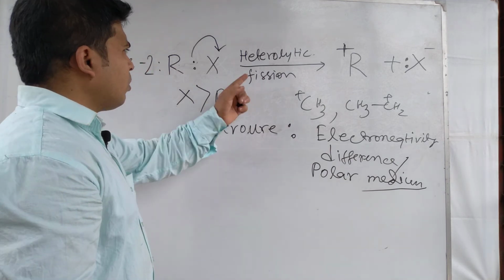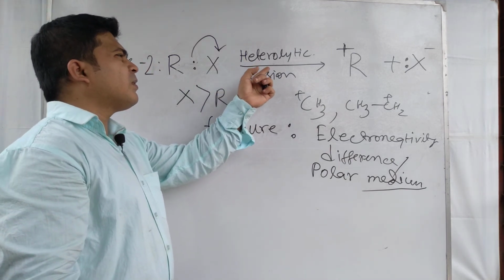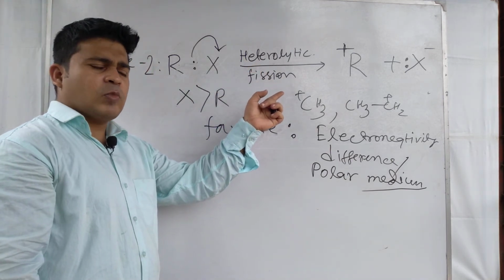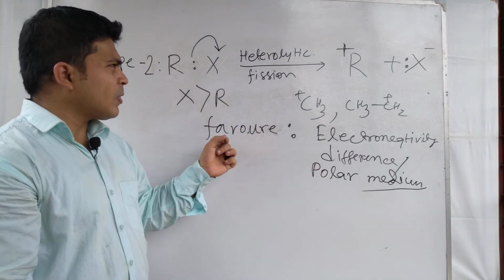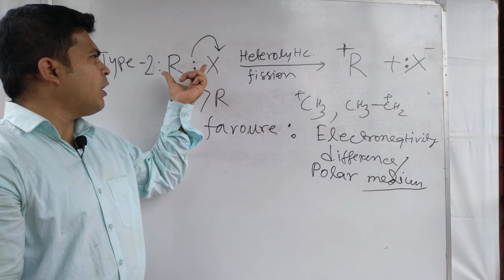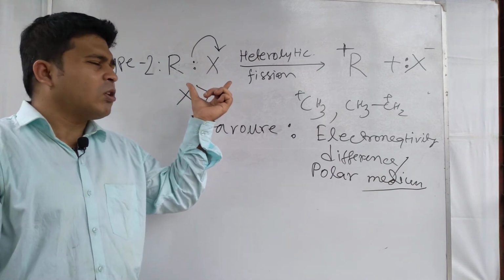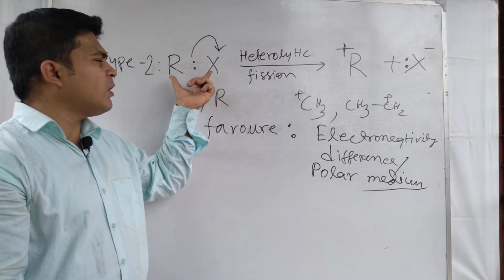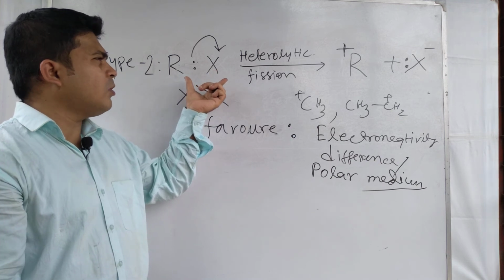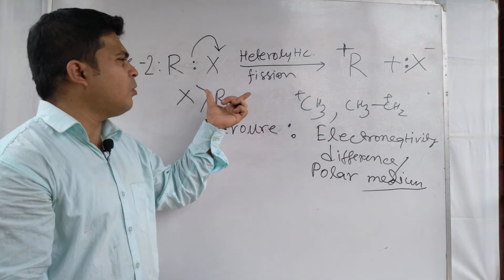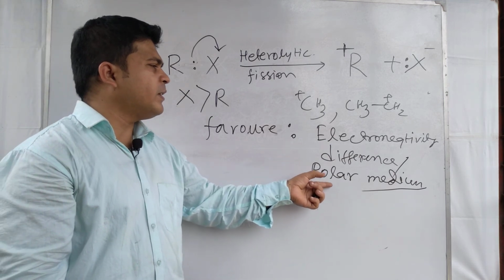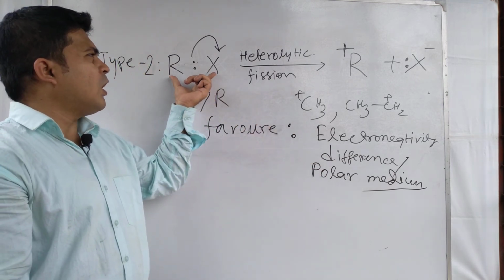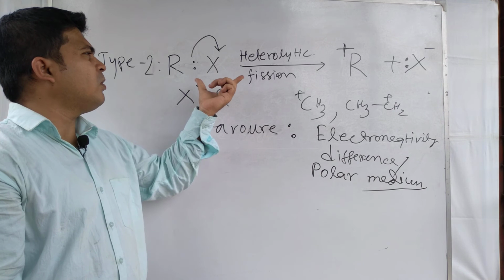Polar medium favors this heterolytic bond fission. Heterolytic bond fission is a type of bond fission where there is unsymmetrical distribution of electrons after splitting the covalent bond, and here electronegativity difference and polar medium cause favorable